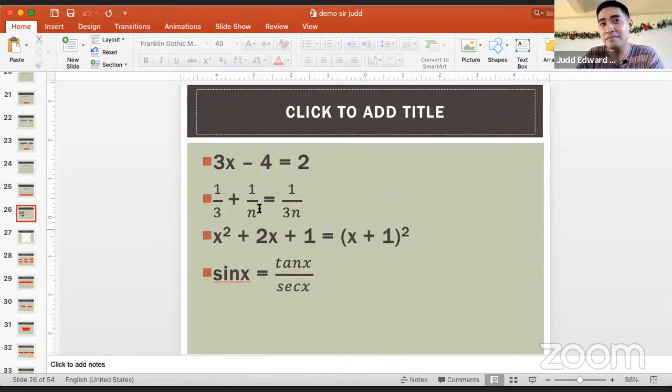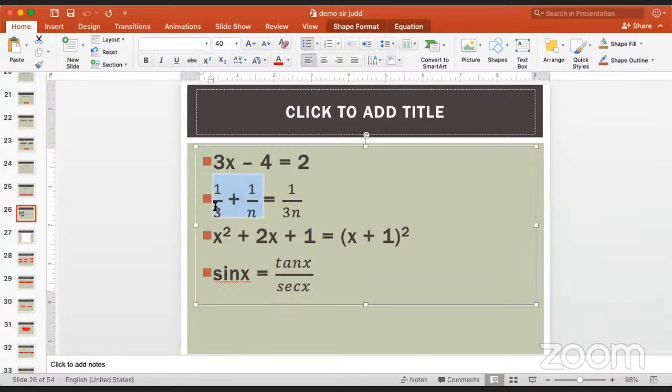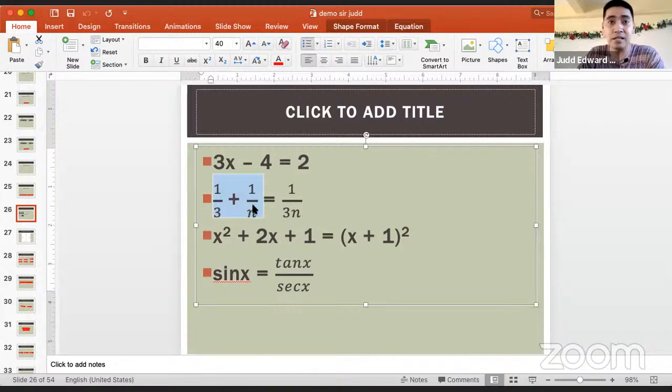Could you please try to simplify this part? Is this part equal to the right side? Is the simplified version of 1/3 plus 1 over n equal to 1 over 3n? Magkamukha lang po ba siya? Sige nga po, Mr. Leonardo. If you simplify it,